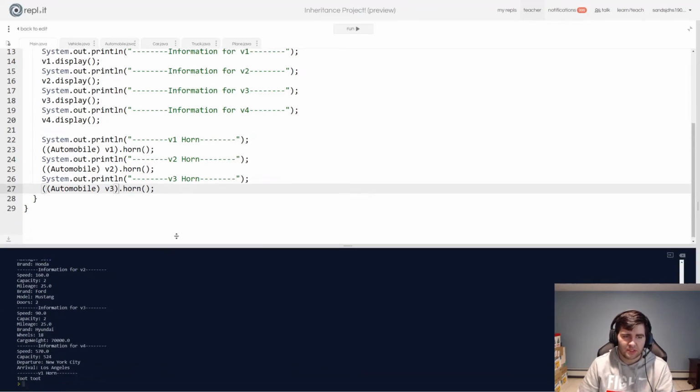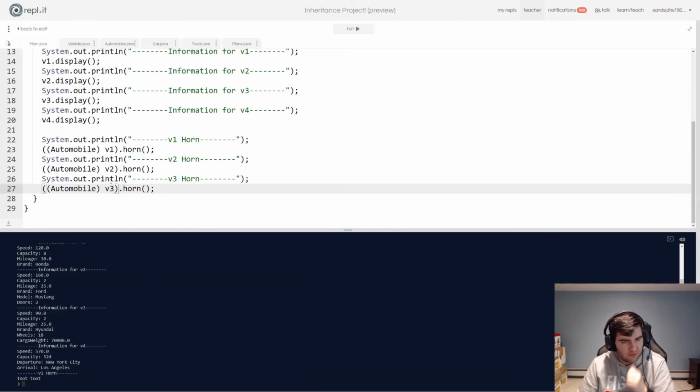Now, some of you might say, well, Mr. Sands, V2 isn't an automobile, it's a car, and V3 isn't an automobile, it's a truck. Well, yes and no. They are still both automobiles. They extend the automobile class, making them automobiles inherently. See the word inheritance. And specifically, you could call them cars, but automobile suffices